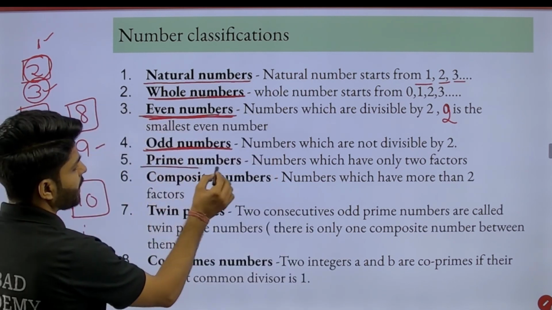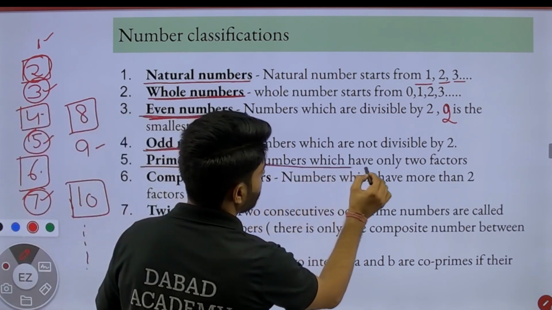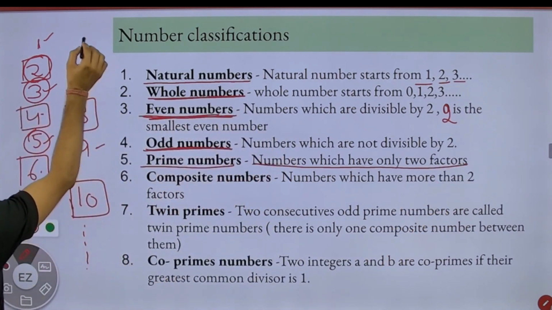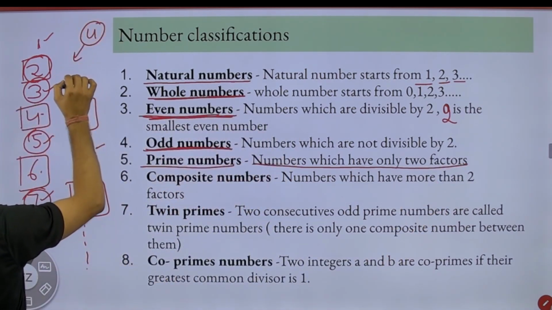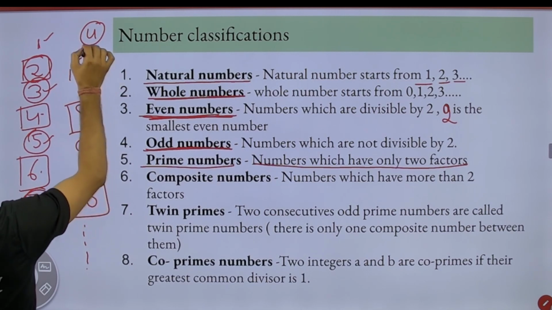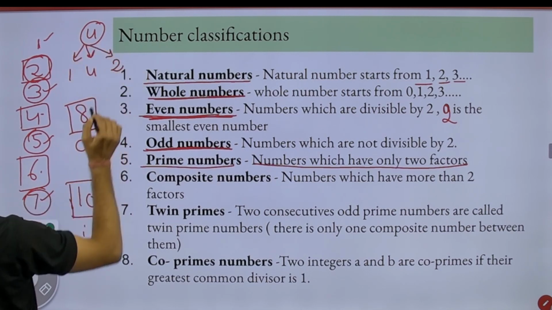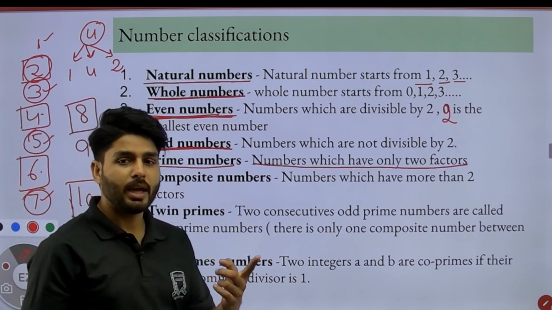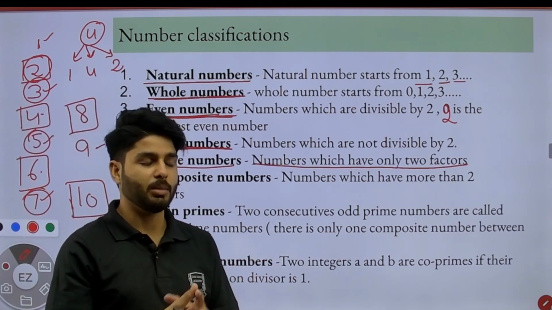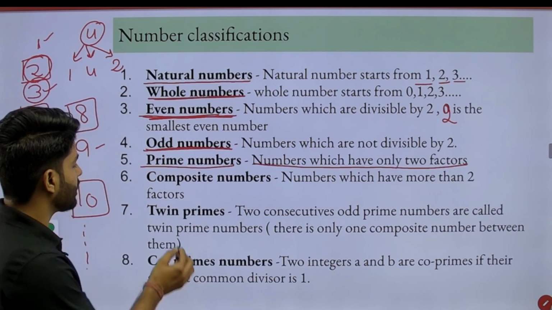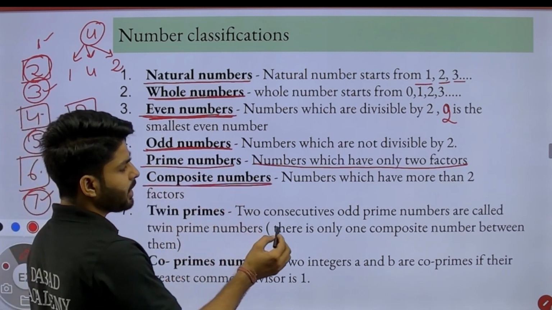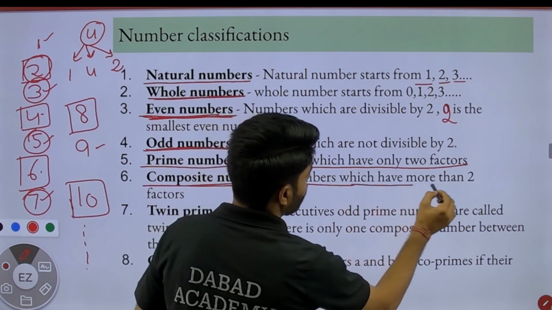So we have prime numbers, numbers which have only 2 factors. Then we can see another number, that is 4. 4 is divisible by 1, 4 is divisible by 4 and 4 is divisible by 2. It means some numbers are divisible by only 1 and itself, and then there are other numbers. These types of numbers are composite numbers, or in other words numbers which have more than